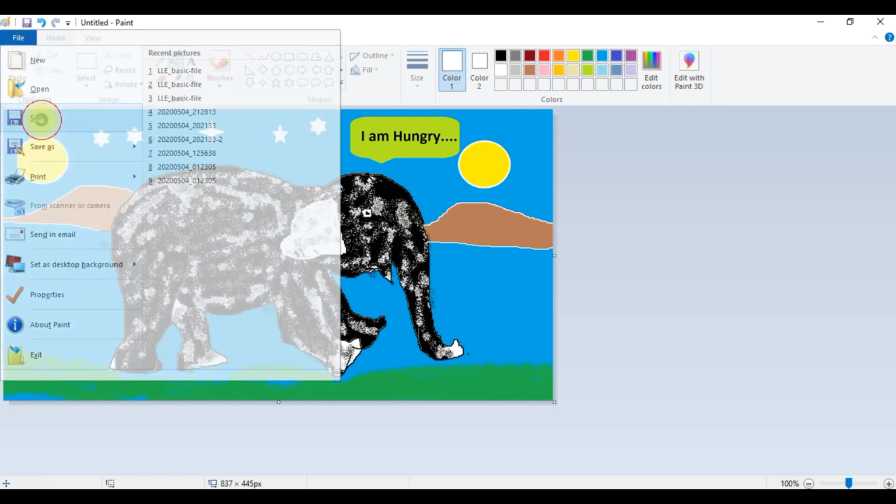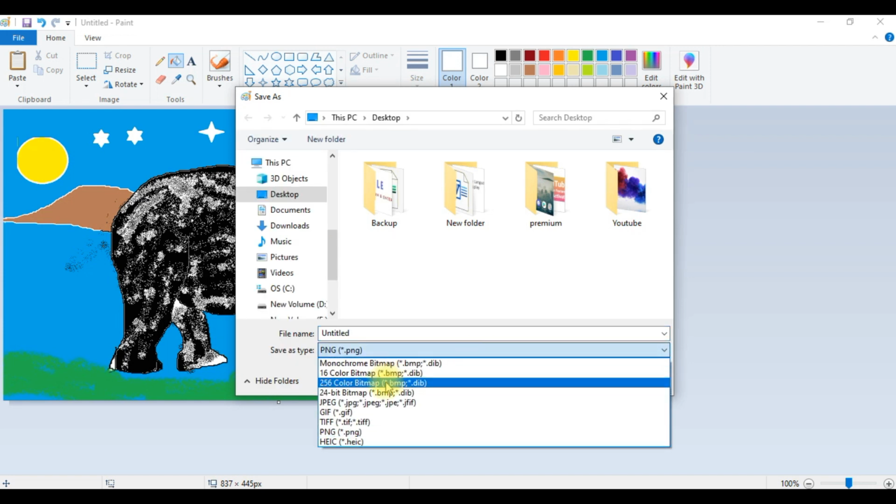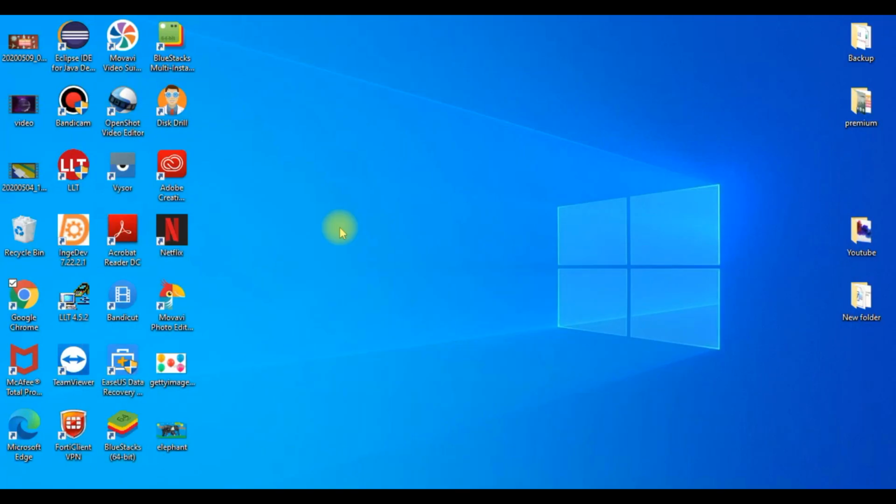You can save that picture as JPEG, PNG, whatever. JPEG is best for pictures. You can save it as elephant. So the picture will be saved here as elephant.